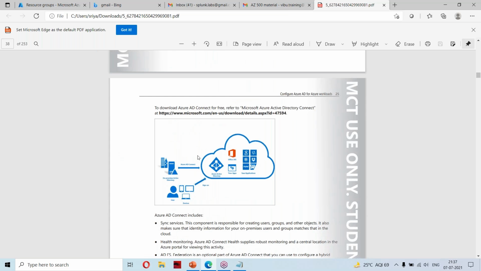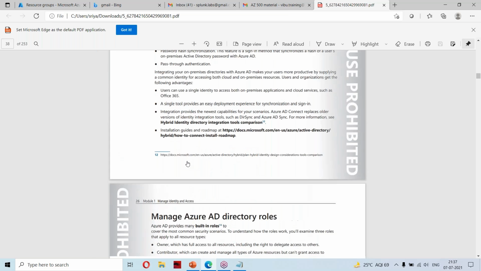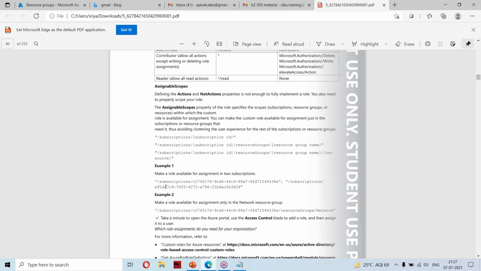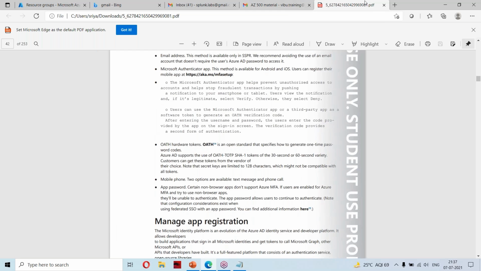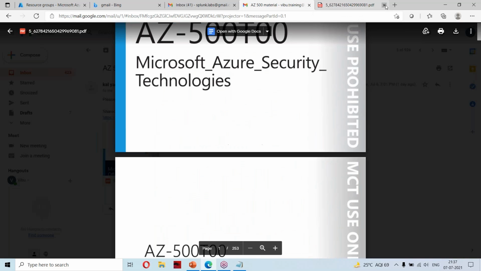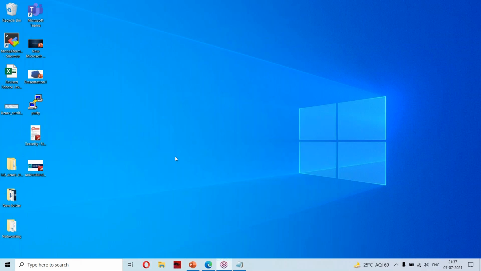So what I can do is copy and paste and give it to you. This material is reference material directly from Microsoft. It is not published by other people like institutes or Udemy.